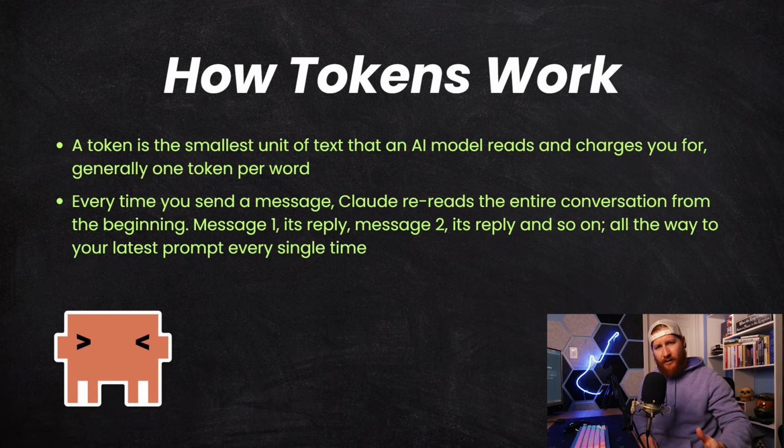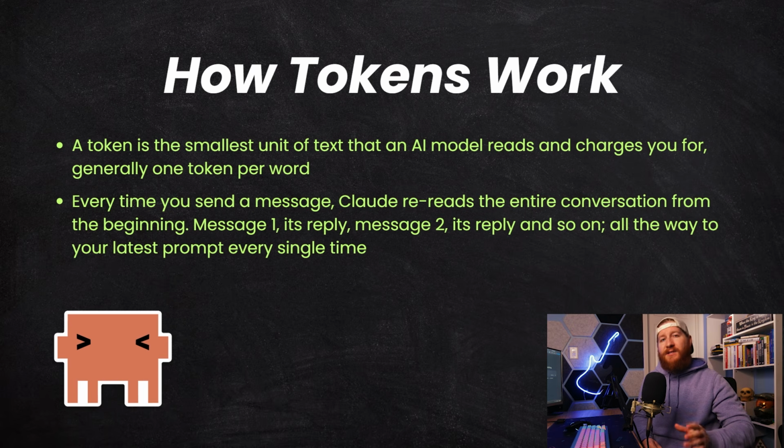When I first got started, I didn't really understand how token usage actually worked. Sure, every time I put in a prompt, I knew it would cost me some tokens, but I didn't really understand how much it was costing me until diving deeper into the economics. Let's walk through how tokens work together here. A token is the smallest unit of text that an AI model reads and charges you for, generally 1 token